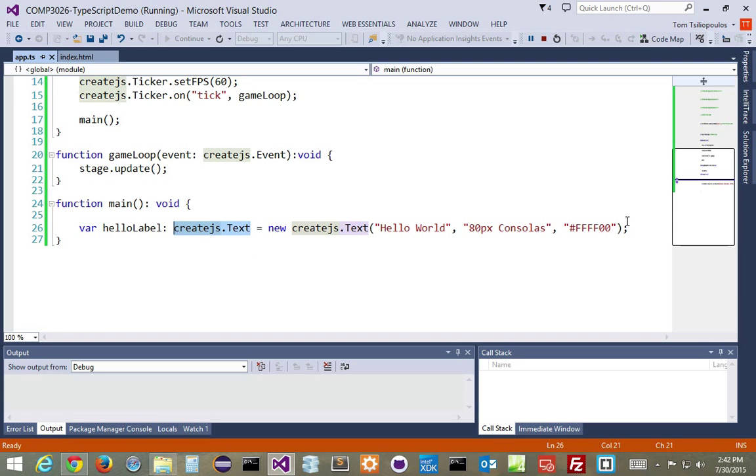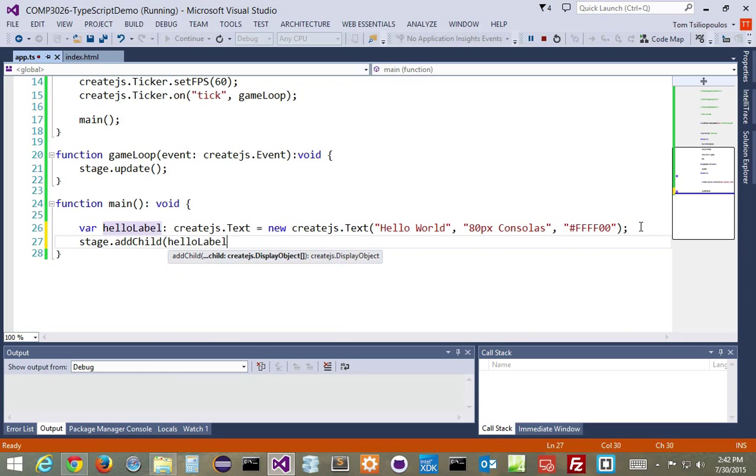Okay, now on the next line, I need to add this to the stage. So I'm going to say stage dot add child, hello label. Now remember, from a staging perspective, Canvas works like this. The top left corner of the canvas is 0, 0, right? That's from a coordinate system perspective. As you go to the right, x coordinate goes to the right, you add. As you go down, you add y coordinates, right? So in order for me to be in the middle of the stage, knowing that the stage is 640 by 480,